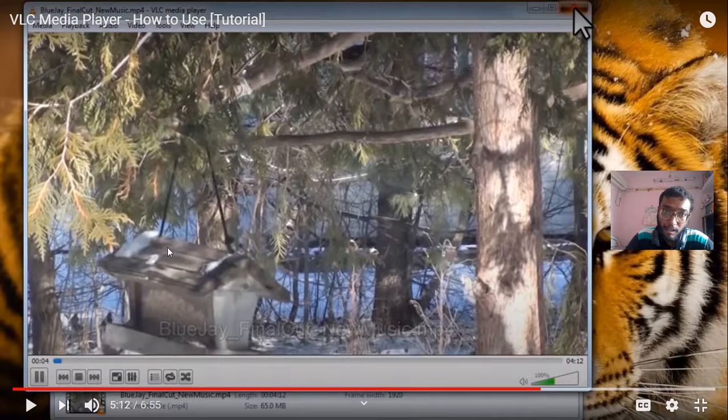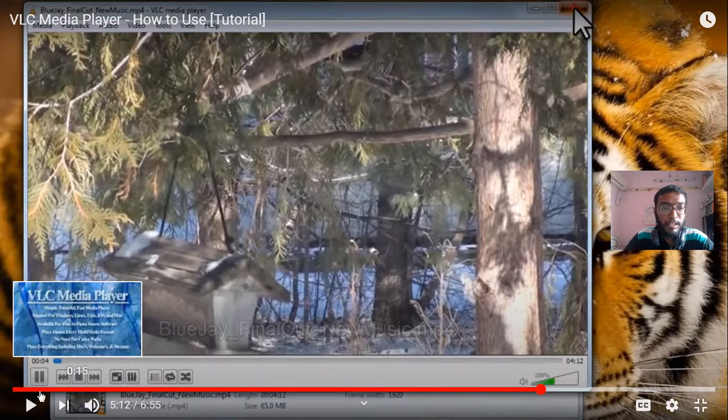Forward and backward buttons are there, next button, previous button. This is the stop button, this is the previous button, and this is the next button. These are the features of the VLC media player.